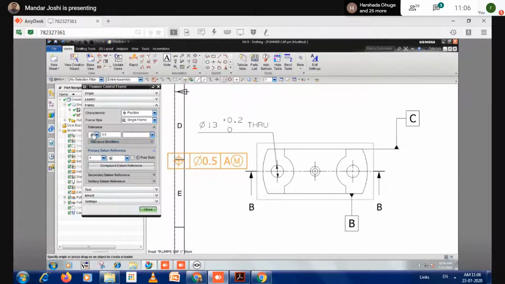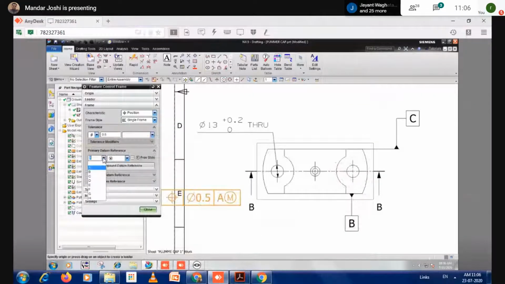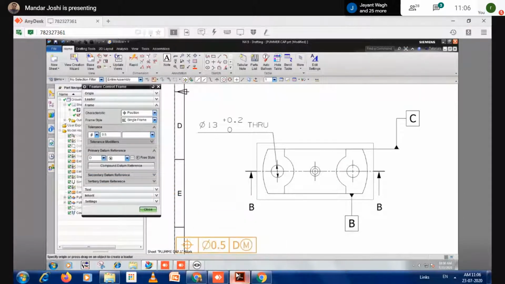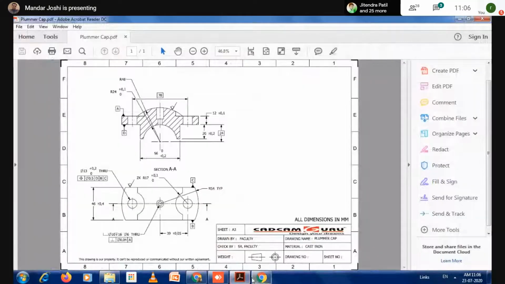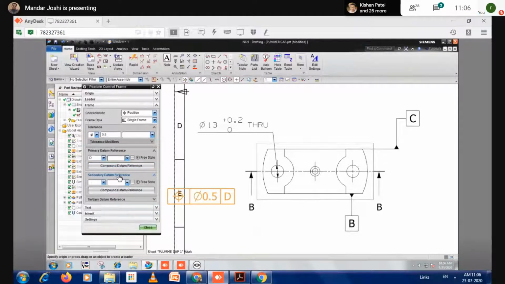Okay. Next, after defining the second chamber, we have to show it here. Third chamber. In the third chamber, there is a D written. So I'll enter the primary reference as D. Secondary is also there, but for the primary there is no MMC modifier. So I'm not taking any modifier for the datum. Uncheck this. After that, the secondary reference is also there. You can take it here.